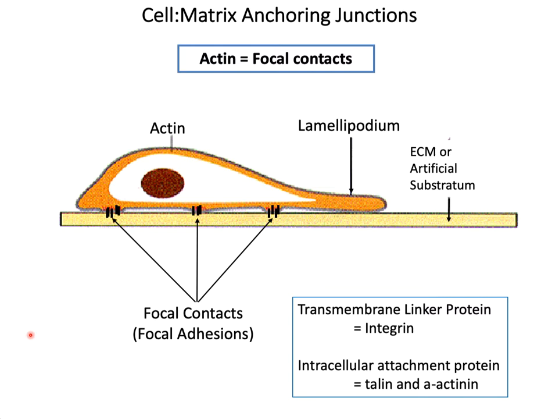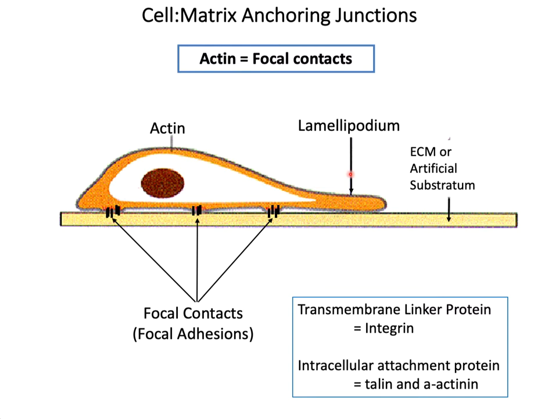And again, this should be a review to you. We talked about focal contacts. Sometimes they are called focal adhesions. And this helps cells to bind to the extracellular matrix, or, in the case of tissue culture cells, to an artificial substratum, such as a coating on a tissue culture flask. And you will also remember that the cells that are motile usually have a band or a very, very